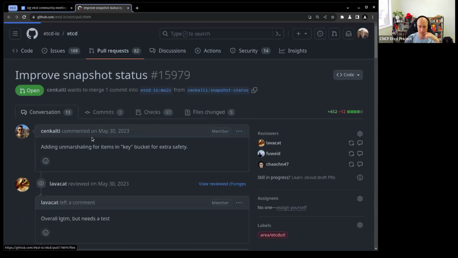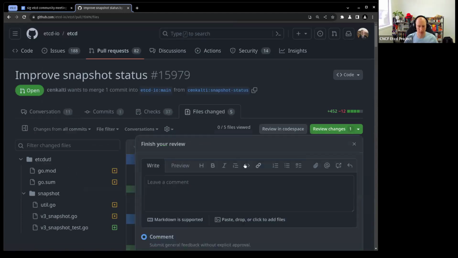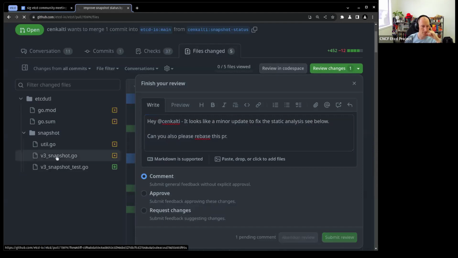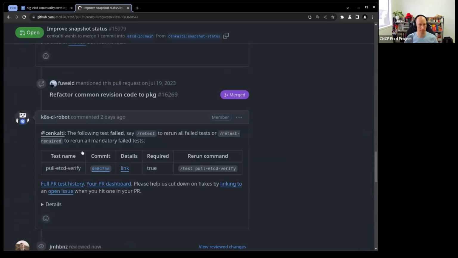Let me just say, it looks like the static analysis fails, see below, can you also please rebase this PR? Let's see what happens. It's a pretty small change.